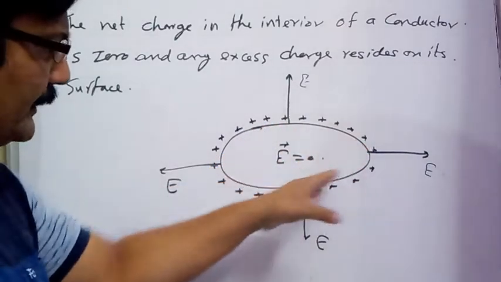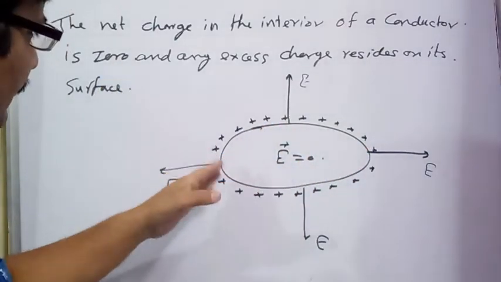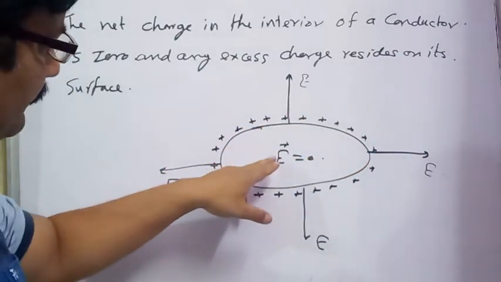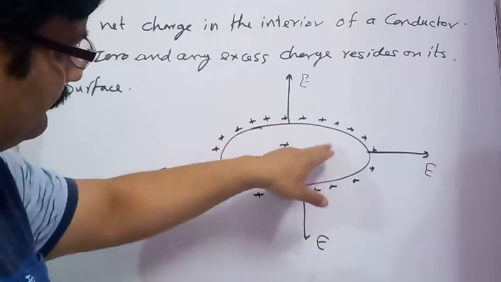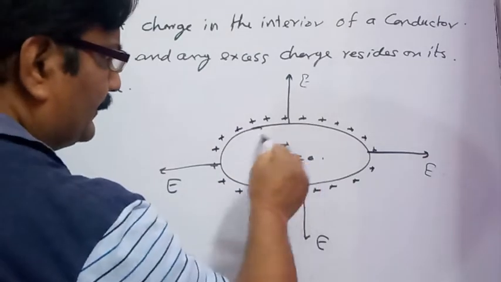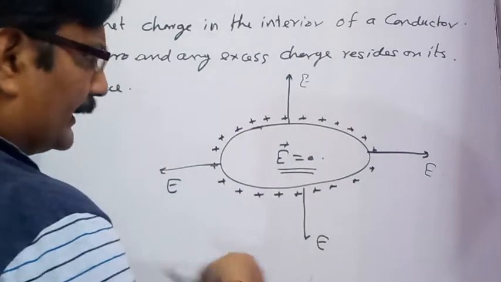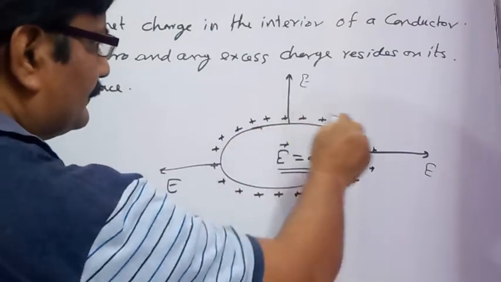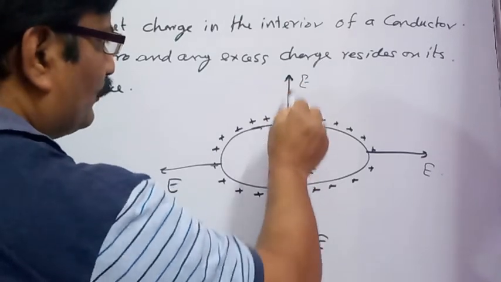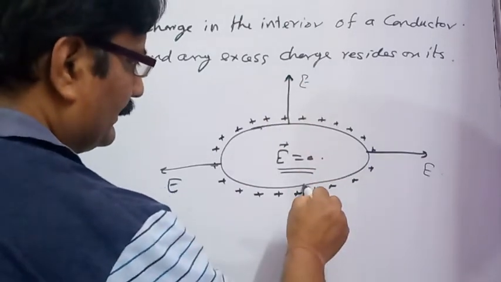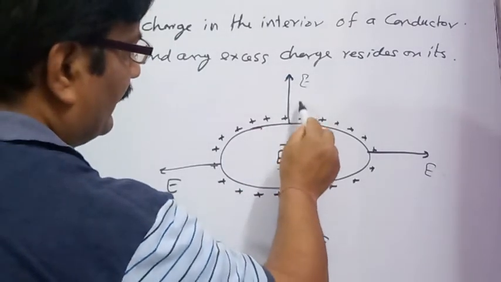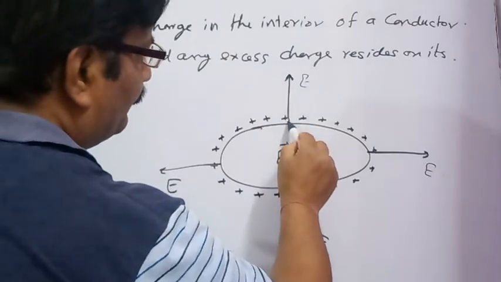Suppose this is a conducting material given some charge; the charge is spread over its surface. Suppose positive charge is given to the conductor, but the charge inside the conductor remains 0. That is why the value of the electric field in the interior of this conductor is 0. But any excess charge resides on its outer surface, and the direction of the electric field is normal to the surface of the conductor. Suppose this electric field is not normal; in that condition there is going to be some tangential component of the electric field, and that will try to move the charges